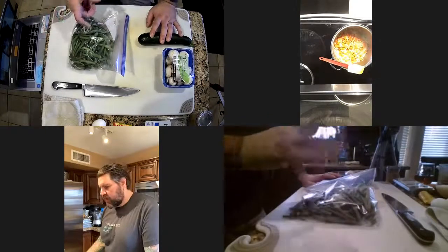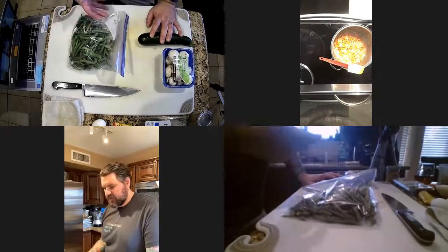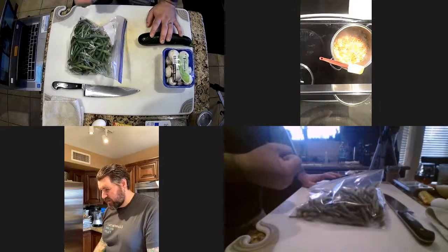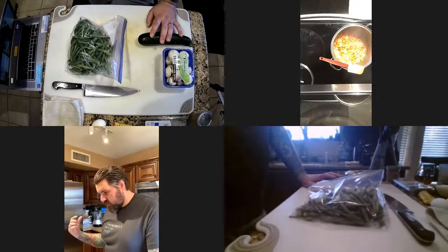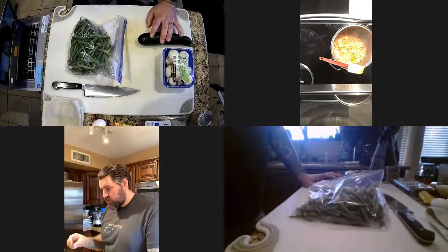If you use parsnips, potatoes, sweet potatoes, things like that, that are a little bit more hearty, a little thicker, denser, you can add those a little earlier. You can add them into the saute if you want. But yeah, those will be your indicator on